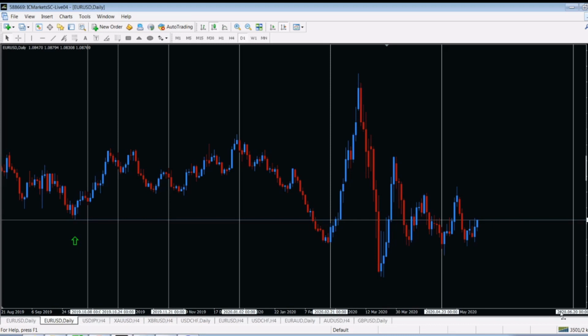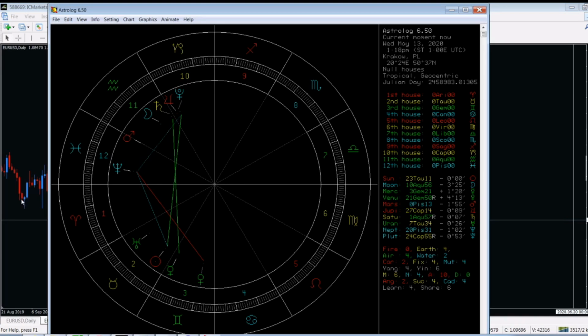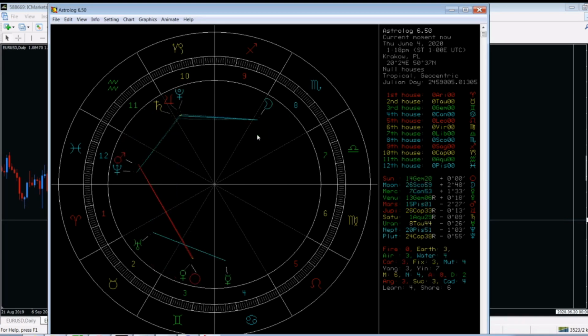You know, the sun is moving from Taurus to Gemini, I think, is it? Let me check it. I've got it here. Let's go to the 20th of June and we will see. Here we go. Exactly, the sun is at 29 Gemini 37, and in a couple of hours, this time is